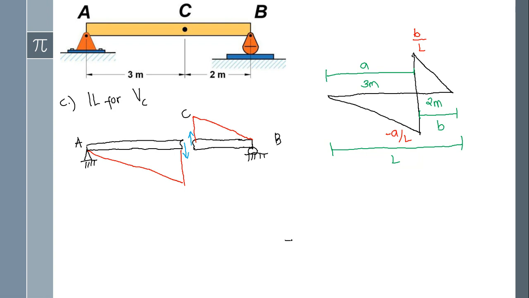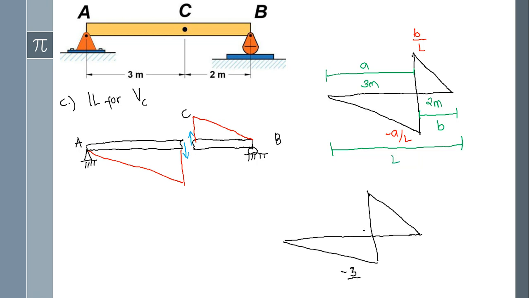Dali na lang gihapon. Dinhi. Diha na lang mind dong ni hiwi gamay. Na siya. So, mao na siya ang atong influence line. Atong i-copy lang, no? So, negative A over L. Bilang A na to? 3 meters. So, that is negative 3,